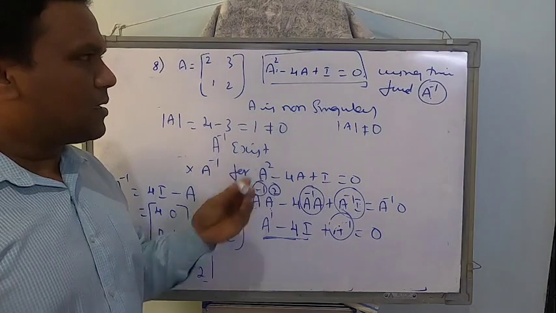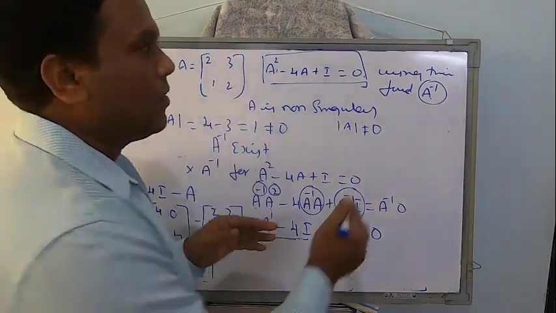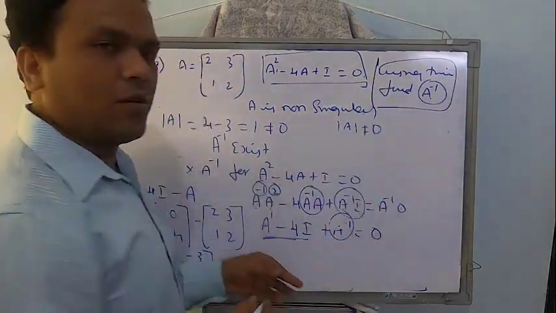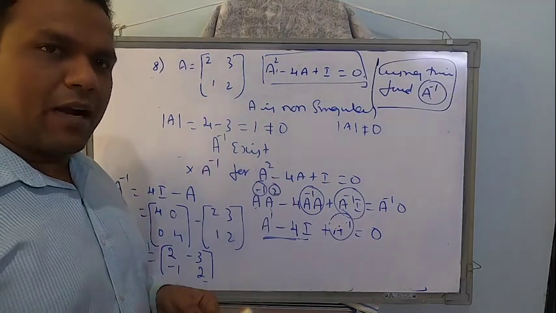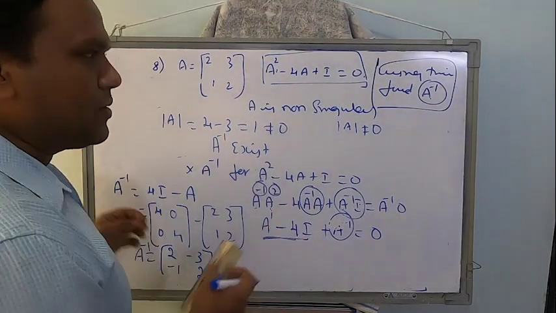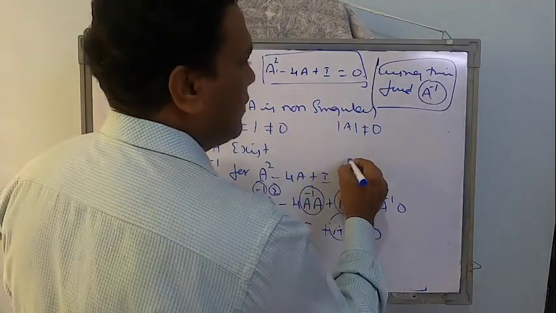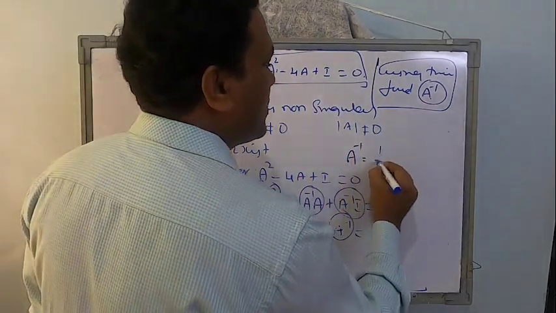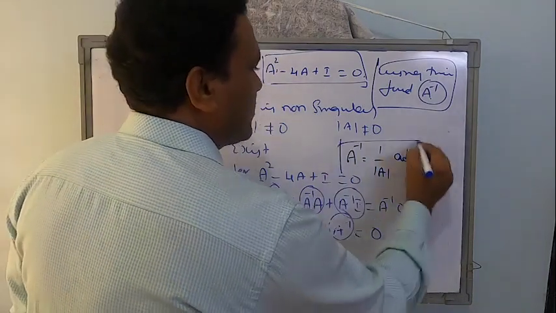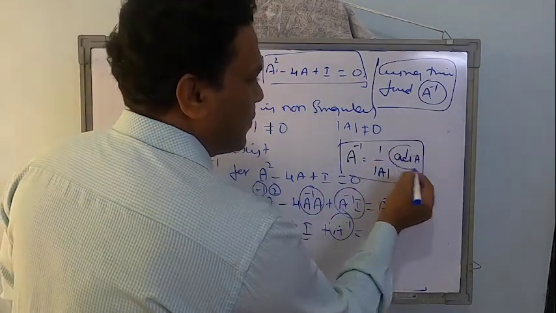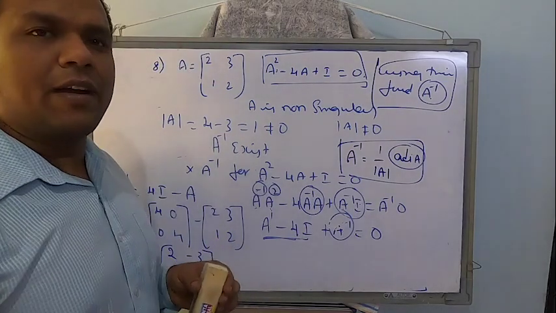So in the last class we did the topic of finding the inverse of a matrix. We know how to find the inverse of a matrix by using elementary transformation. Last class we did inverse by using determinant. The formula is 1 by determinant A multiplied by adjoint A. But the main topic of finding inverse is going to be finding adjoint.